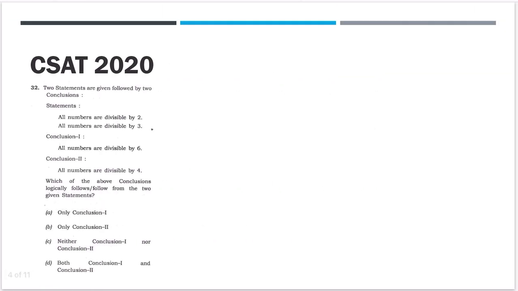Now let's move and do question number 32 of 2020. Statements are given. See, these questions are very common in the exam, and many times aspirants get scared of these questions and don't even attempt them. If you just start reading the question, you will find that these questions are very simple if you know the concepts of number system or whatever they have asked in the question. Now, these two statements are given. Let's not even read the question. Just say these two statements are given, and from these statements you conclude something, right? Now, which of the conclusions is right?